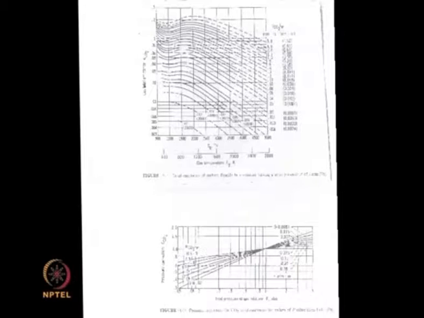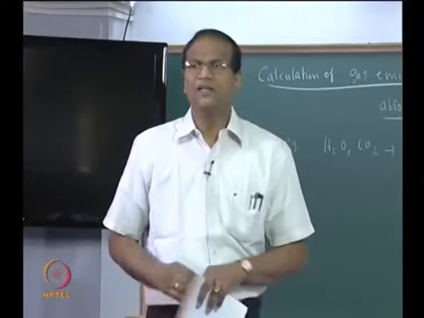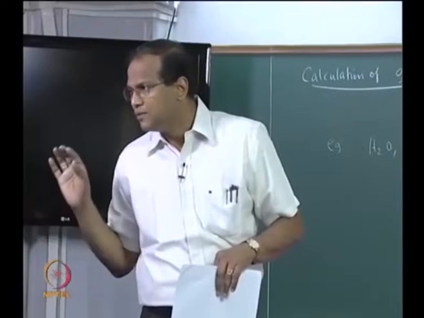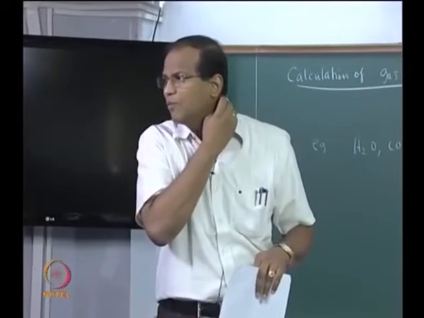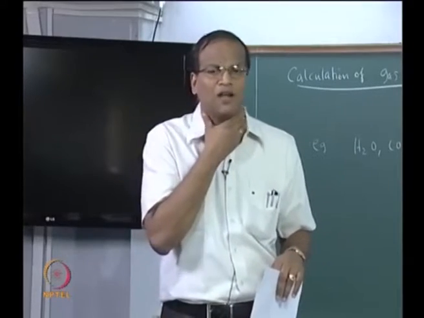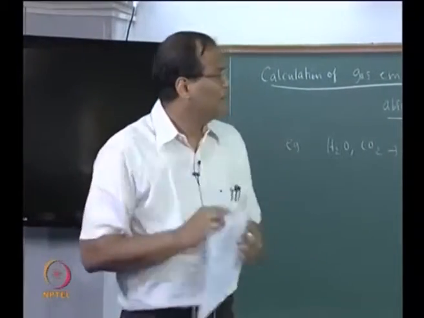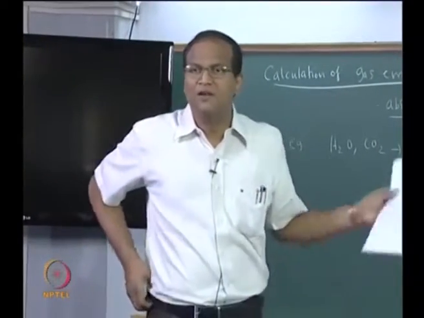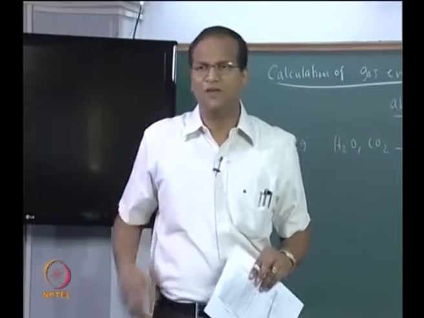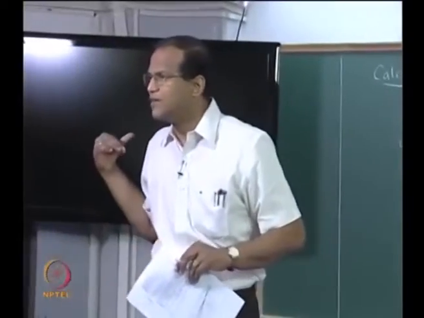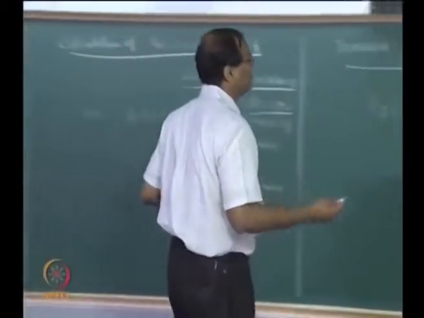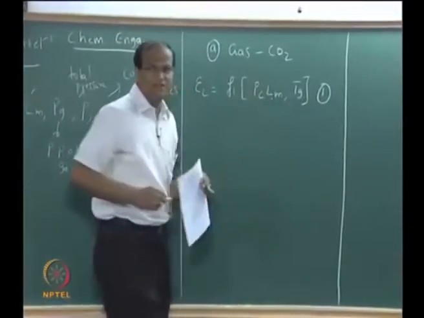Okay. So you can see that it will give you straight away the gas emittance, the maximum is only 0.3. Okay. So the first chart, what you have to do is, suppose I give you two parallel plates, consider yesterday's problem. If I give you two parallel plates, L equal to 1.5 meter, the mean beam length is 1.8 into L, into 1.5, you will calculate the Lm. Then if I say that the total pressure is 2 bar and the mole fraction of carbon dioxide is 0.4, then what is the partial pressure of carbon dioxide? 0.8. So you will multiply 0.8 by that 1.8 into 1.5 and get the Pc into Lm.